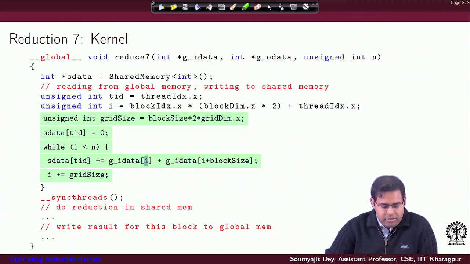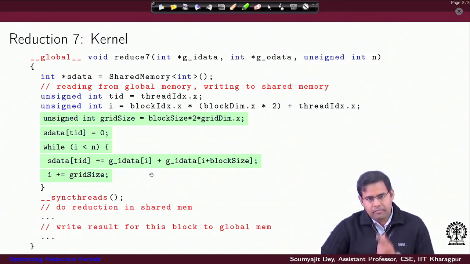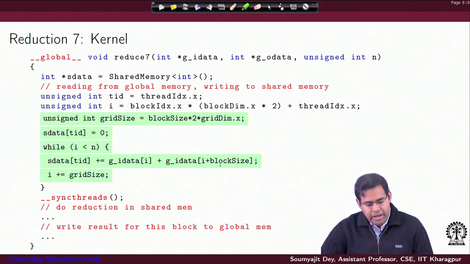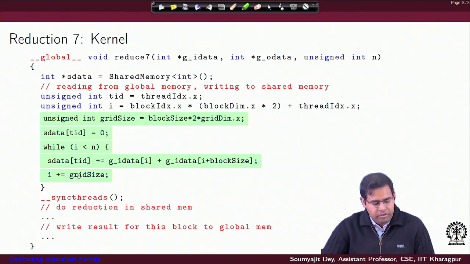You are accessing the ith global location with the offset of a block size, right. You are going to add across this offset of a block size, and then you are going to put it here, right. So, just have a look into this.